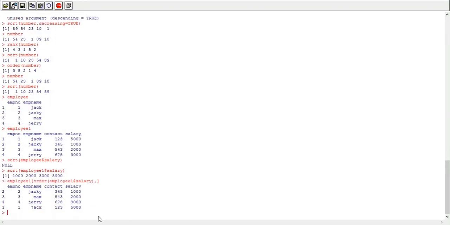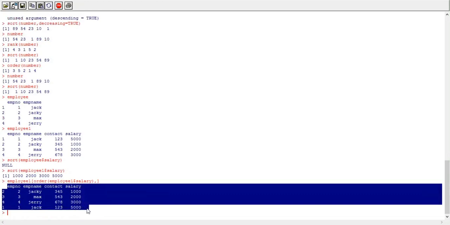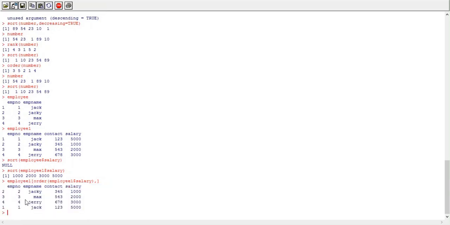See, your employee data frame is sorted as per the ascending order of the salary column: employee numbers 2, 3, 4 and 1.